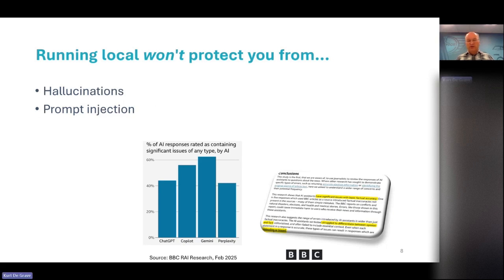However, using local models, of course, will not protect you against hallucinations, the well-known phenomenon that LLMs invent answers rather than always tell the truth.